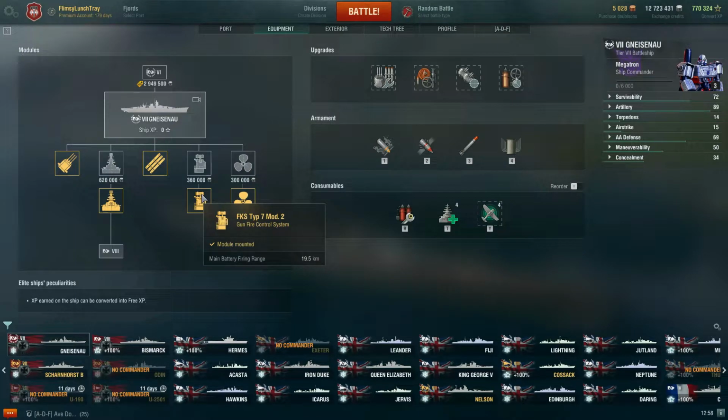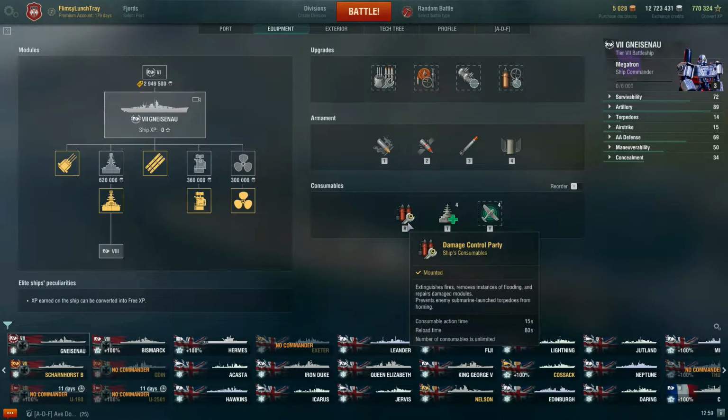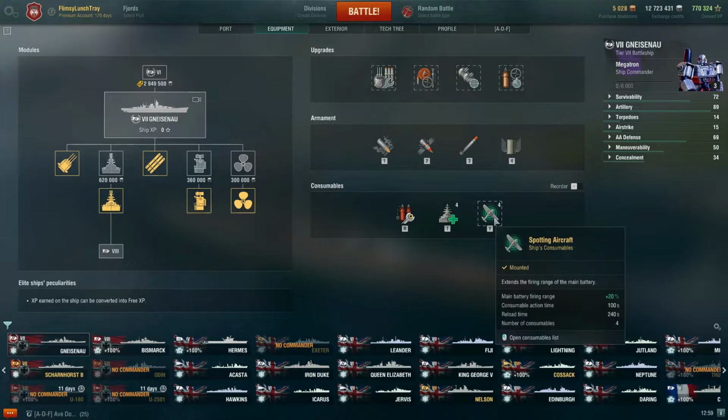This is really helpful, especially when you are bottom tiered. And then you get your propulsion upgrade, where you go from 125,000 horsepower to 260,000 horsepower with a maximum speed of 33.6 knots. Consumable wise, you have your traditional damage control party, you have the repair party, and then you